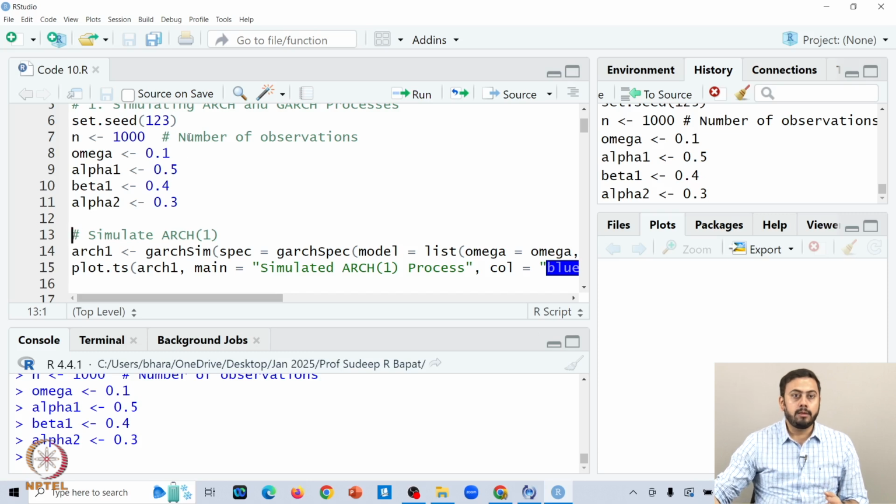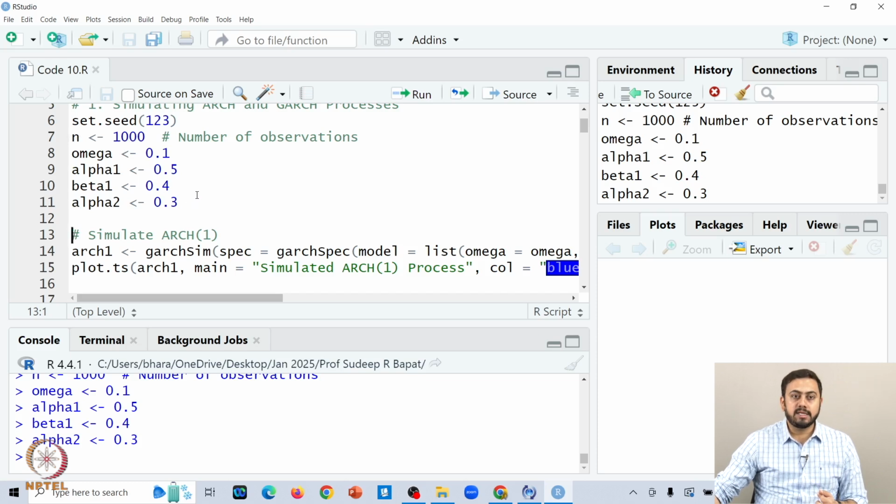Just in case, we are specifying all these parameters beforehand, so that later on once we start specifying some of the models, let us say ARCH 1 or GARCH 1 etc., you need not specify all the underlying parameters again and again. So you can keep all the fixed parameter values initially itself along with n. Just to recap very quickly, we are specifying these 5 quantities predominantly: n, omega, alpha 1, beta 1 and alpha 2.